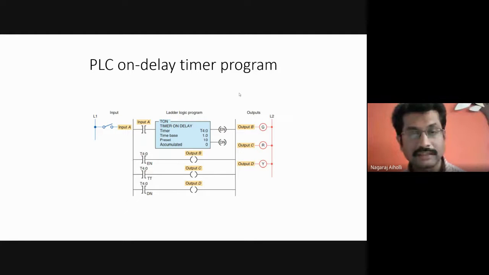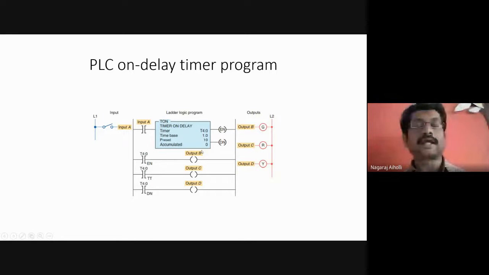So the enable bit is 1 once this becomes true, and that is why here, when this enable bit is set, this is becoming true. Then the output coil will be energized because of the enable bit becoming true. Examine if closed, and the output coil B will be energized, which is going to turn on the green indicator connected to the output B.